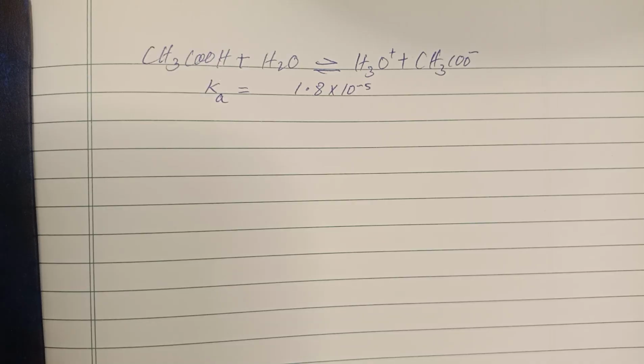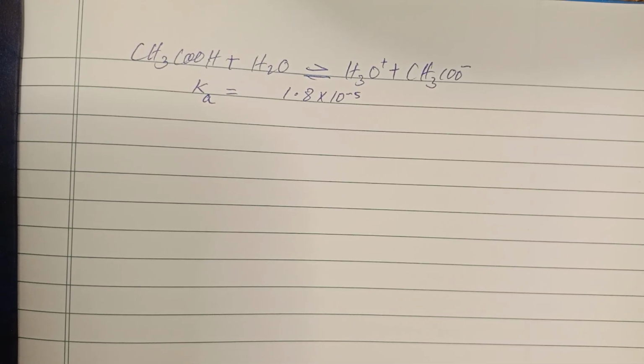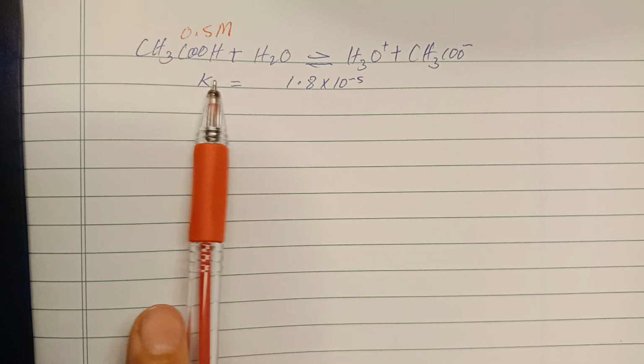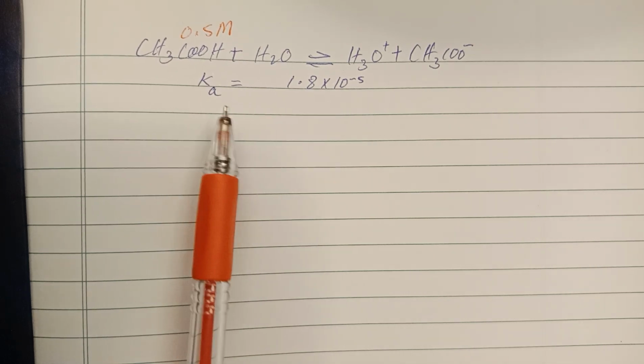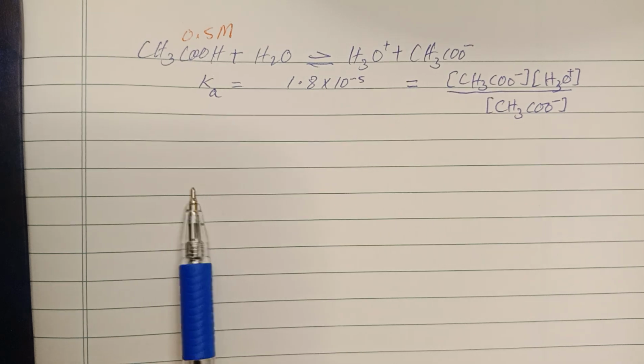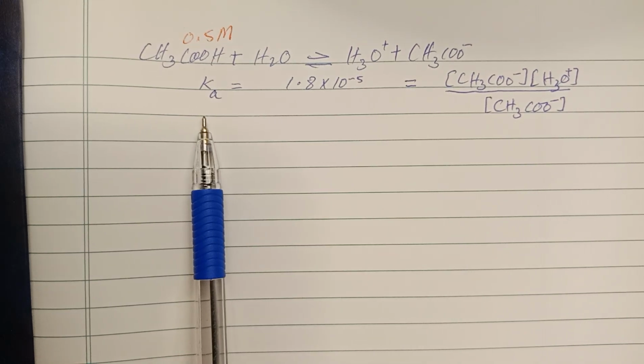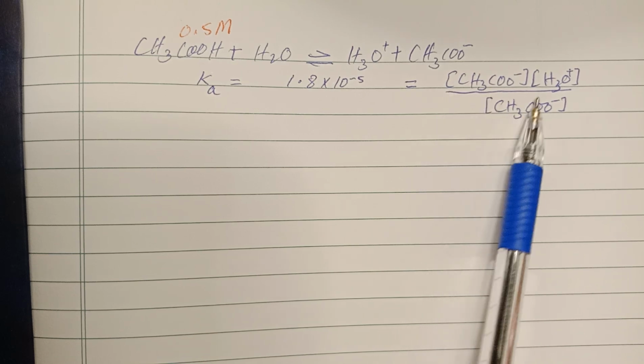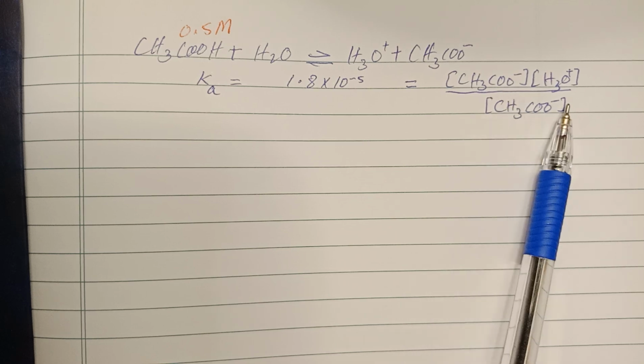Now consider an example for numerical calculation. For this reaction the Ka value is 1.8 × 10^-5, and here Ka is actually an equilibrium constant. The concentration of the acid solution in water is 0.5 molar. The equilibrium constant, that is Ka for the acid, is given as the product of the ionized species over